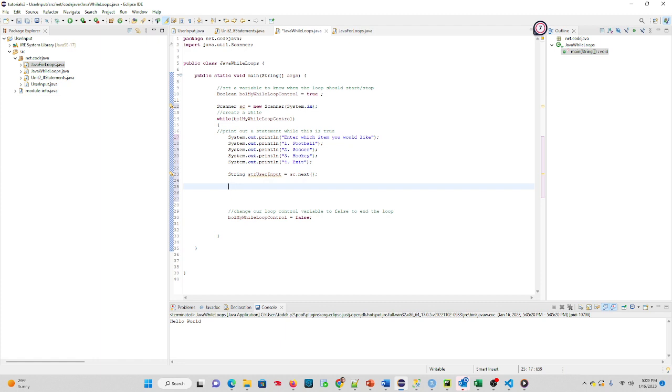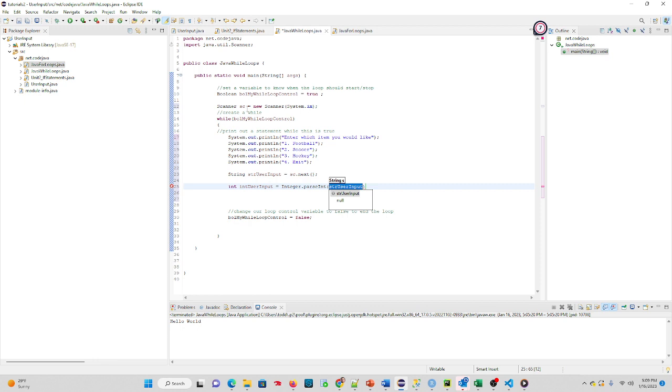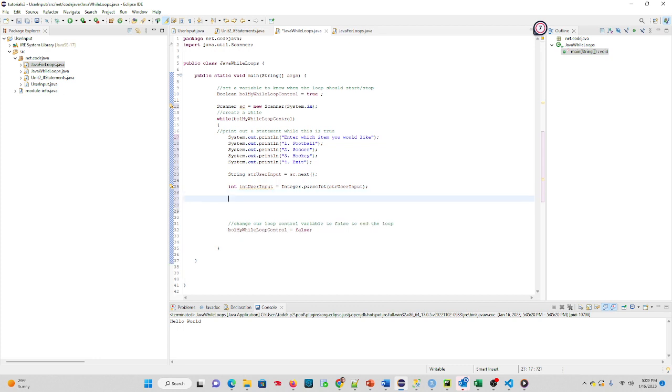What we want to do is change that over to an integer to make it easier to test. So we can create another variable called int user input. This will be the integer version. And how do we convert the string to an integer? Well, we can do Integer.parseInt, and you'll see that it drops the variable in for us. It predicts what we want, which is great. Now we can test it. So if int user input